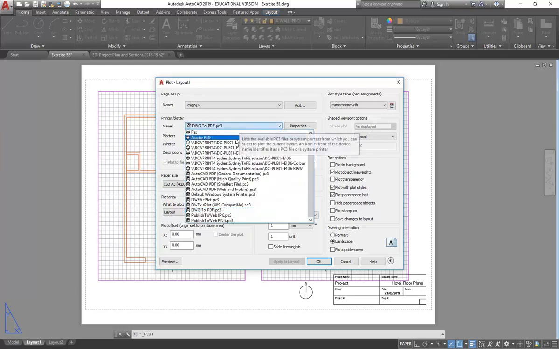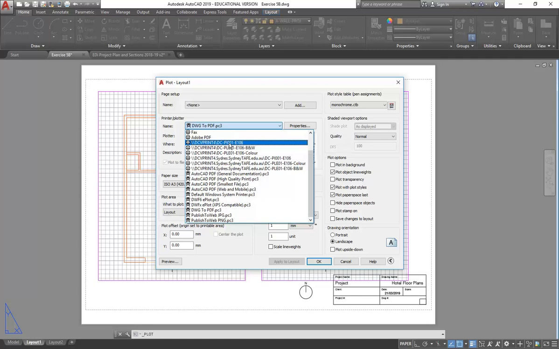So I'm going to then choose one of our real printers. The laser printers are always the ones that have PL in the name at the end there. Do you know what the one at the top is? It's got PI. Oh, maybe you have to use them. It's on the printers over there. So yeah, it's got DC, PI, 001, E106, the big plotters. So all of the plotters have PI, which unfortunately looks like an L,